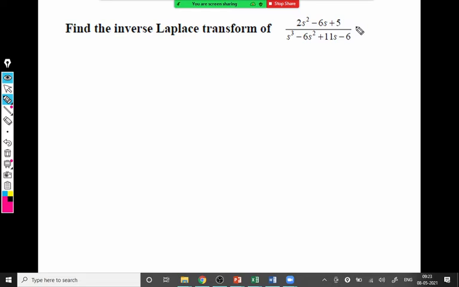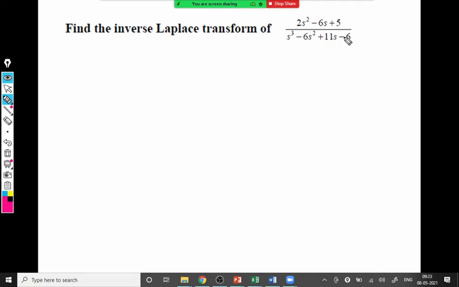To get the factors, sir, by putting values like 0 and 1. Very good, correct. So that is a hit and trial method. So to get the factors of this cubic equation, as this is a cubic equation, there will be 3 factors. Suppose that the factors are a, b, c.